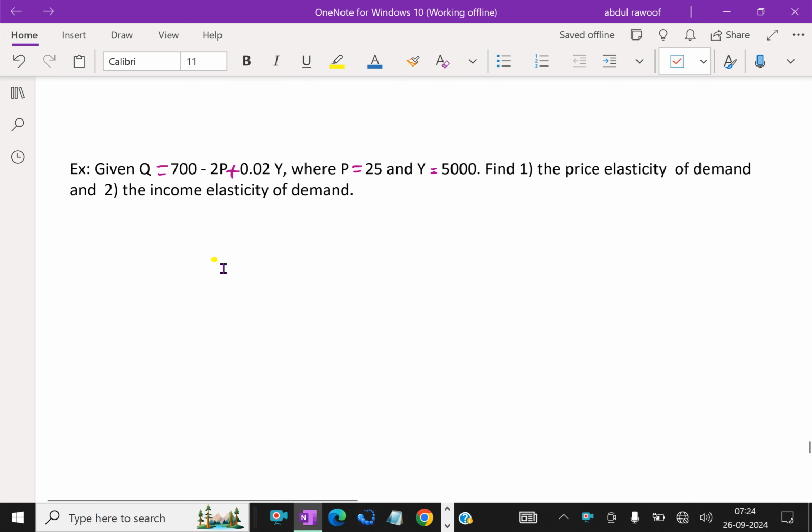First, let us do one problem regarding partial elasticities. Look at this example. If Q equals 700 minus 2P plus 0.02Y, where P equals 25 and Y equals 5000, find the price elasticity of demand and the income elasticity of demand. The first one,